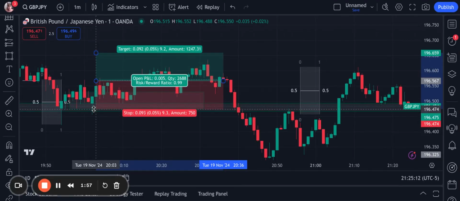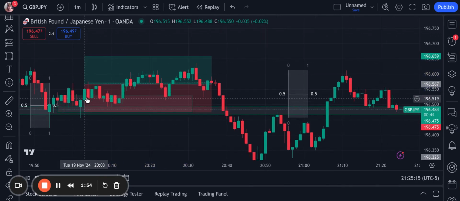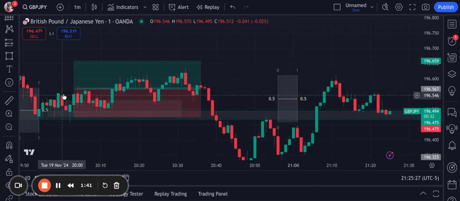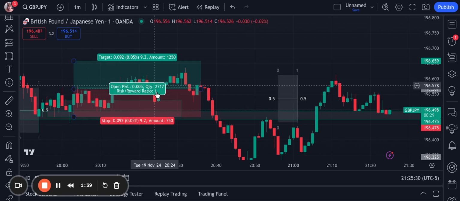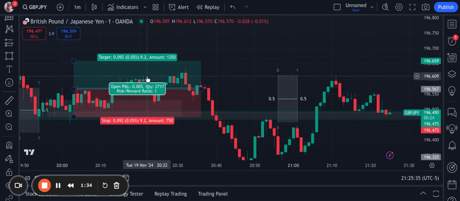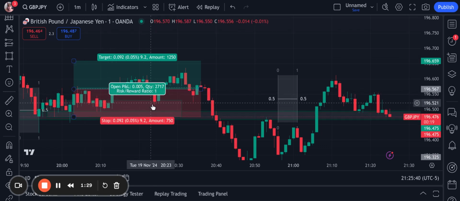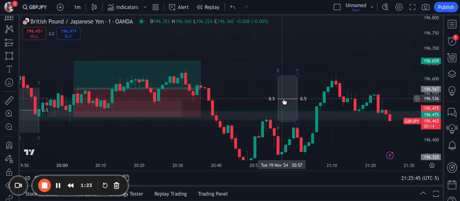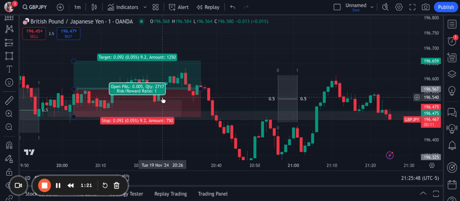But anyways, price was consolidating for quite some time, and even whenever price came all the way down here, I was tempted to get out, but I have to follow my rules and stay in the trade until I get stopped out, because this is where I decided to put my stop loss. Anyways, price showed some bullish pressure, and price came down, and also I drew equilibrium from this low to this high here, and price came down, filled this fair value gap, came into the order block, and it showed more bullish pressure coming out of it, and also filled this equilibrium as well and showed bullish pressure,